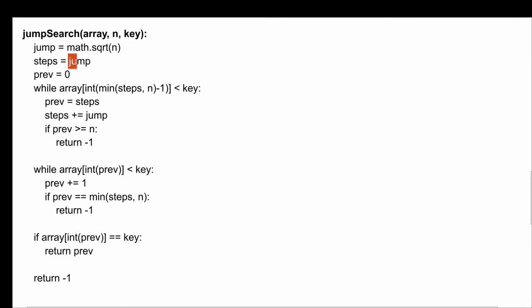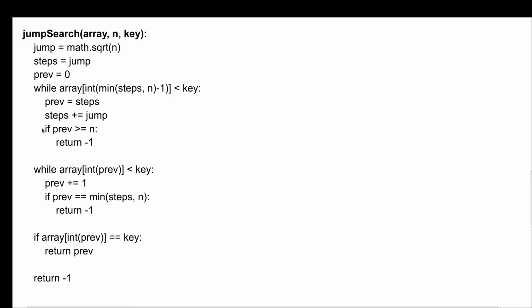This could be a whole number or a real number. Now we check the element at the index, which is the minimum of steps or the number of elements. If it is less than the key, we keep increasing steps by the size of jump, and keep assigning steps to previous.